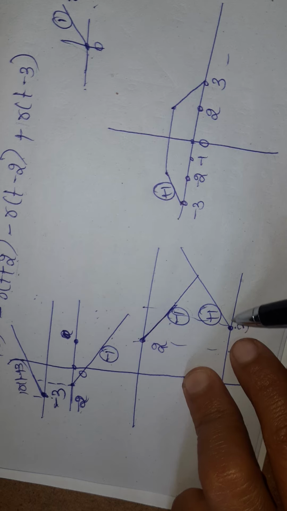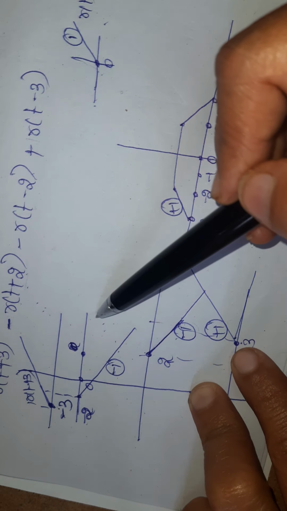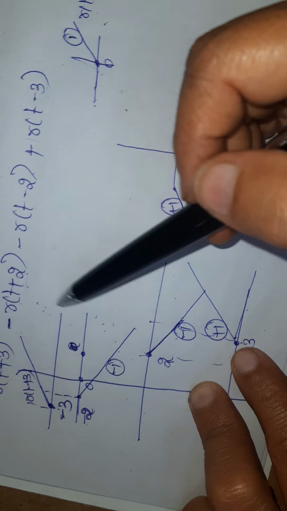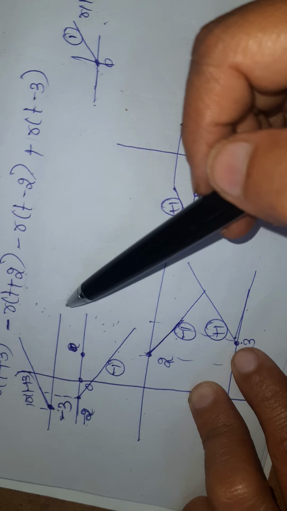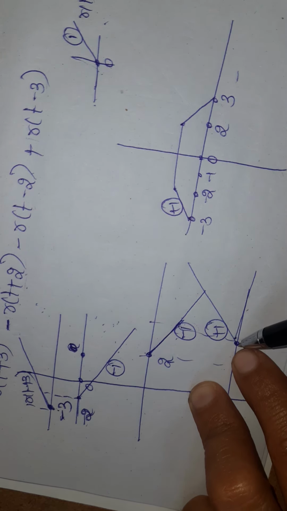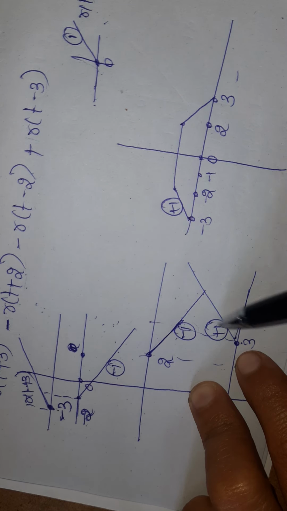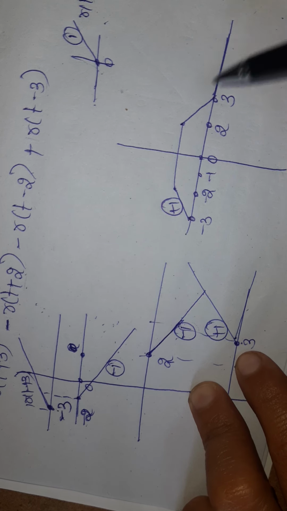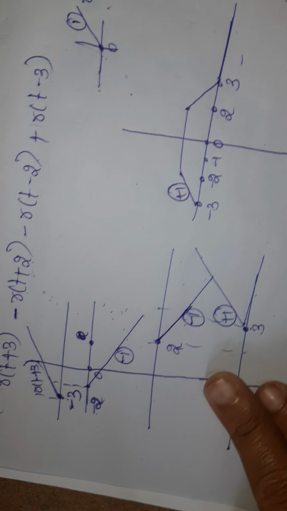Next, after 3, I am having these two signals and these two signals. Total 4 signals will present, but always these two signals will give constant output. Next, if I consider this rising minus 1 and this falling plus 1, so this is also constant. So output is like this. So this is the resultant output signal.